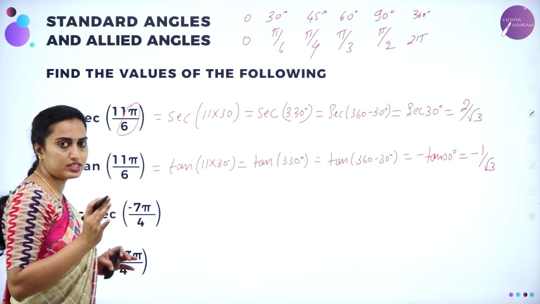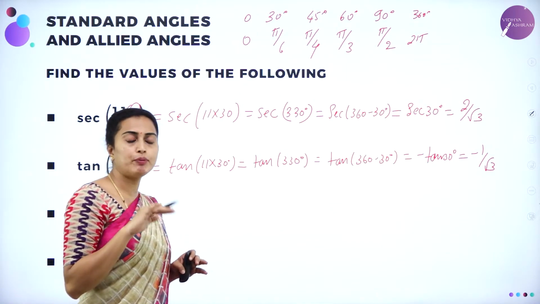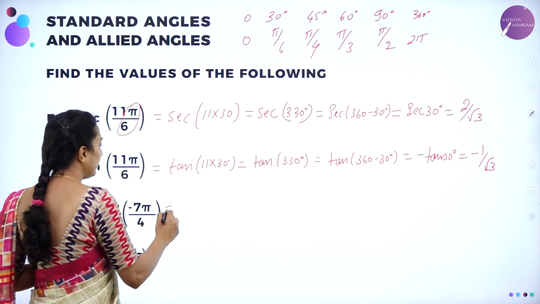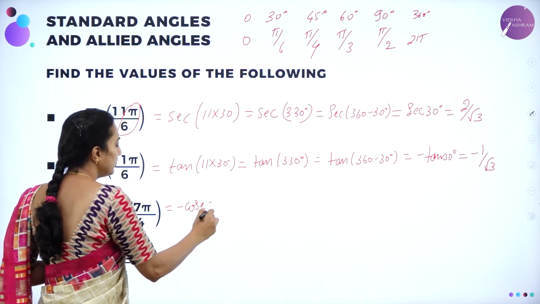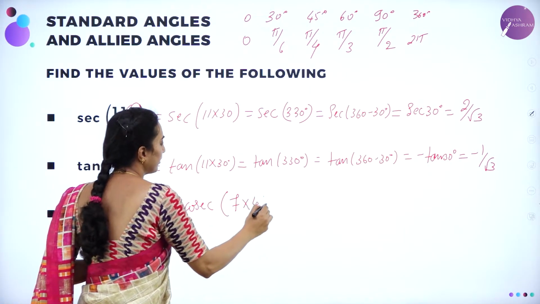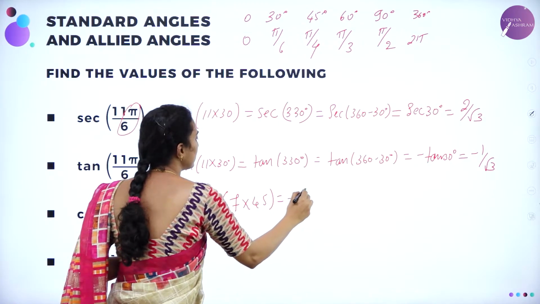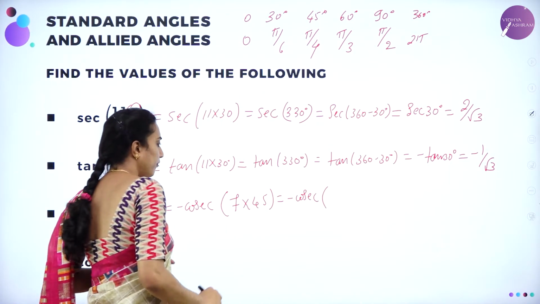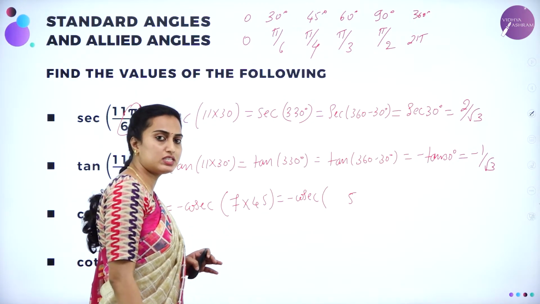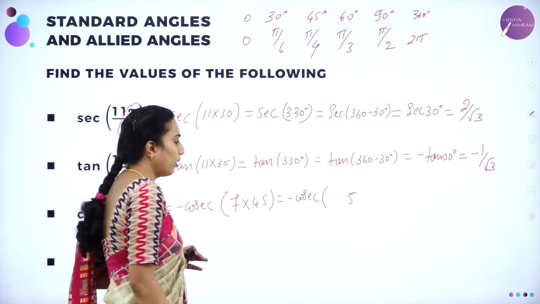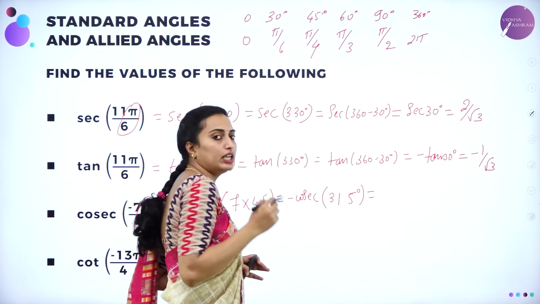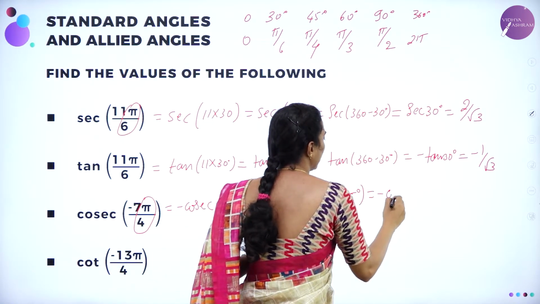Next we'll be moving on to cosecant of minus 7 pi by 4. What is sine of minus theta? Minus sine theta. Reciprocal: cosecant of minus theta is minus cosecant theta. Therefore, I can write it as minus cosecant. Dears, pi by 4 is 45 degree. I can multiply with the 7: 7 5s are 35, 7 4s are 28, 28 plus 3, you are going to have 31, so 315 degree.